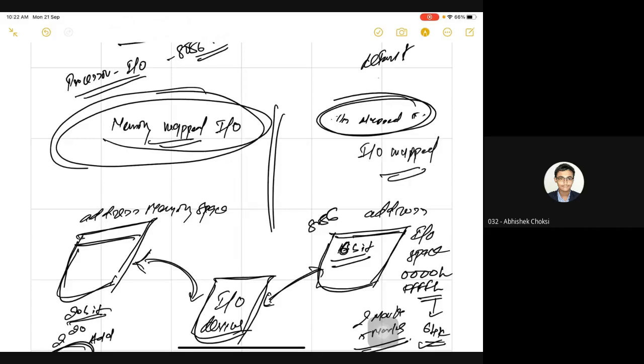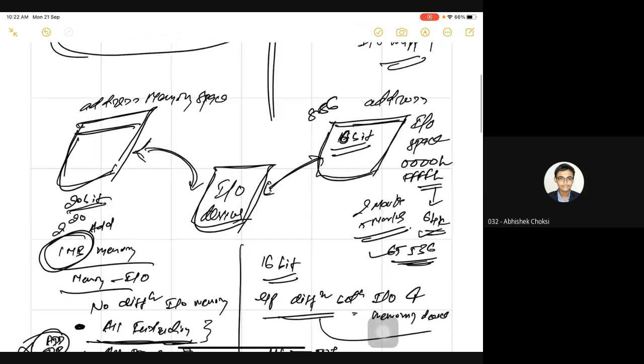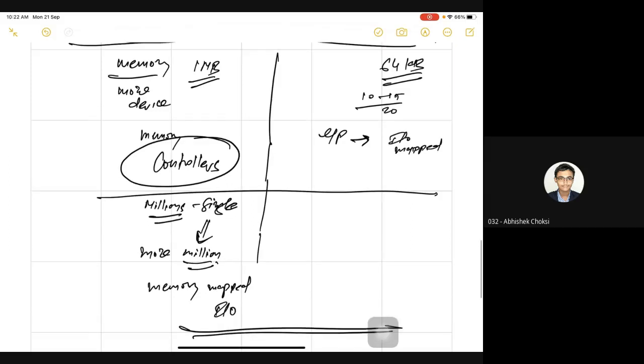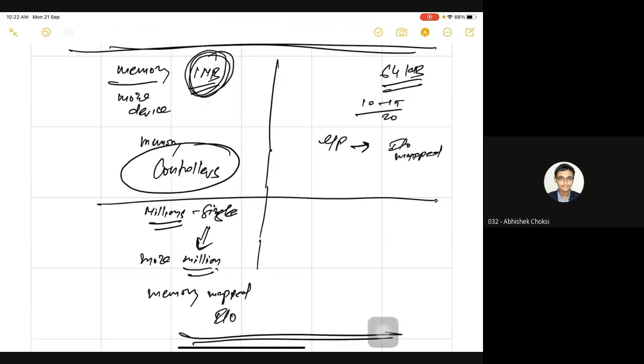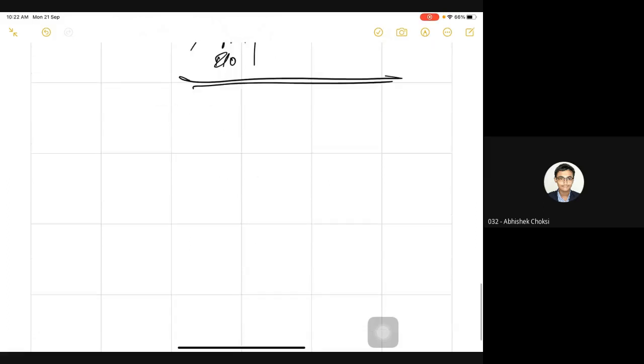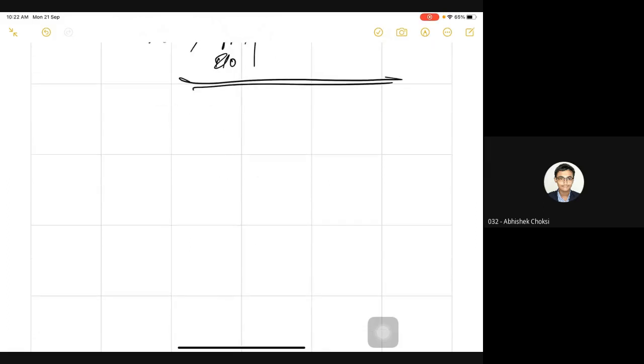Then why are we learning memory mapped IO? The only advantage of memory mapped IO is that we can access millions of locations. So if we have more input output devices, more than 64 KB in 8086, in that case we need to go with memory mapped IO. So normally all microprocessors use IO mapped IO as the default technique, while controllers use memory mapped IO. Controllers like those handling LEDs, millions of devices. Done? Yes, sir.